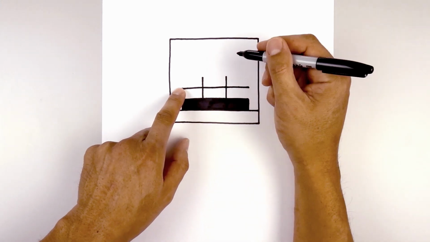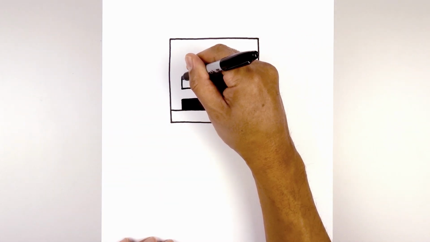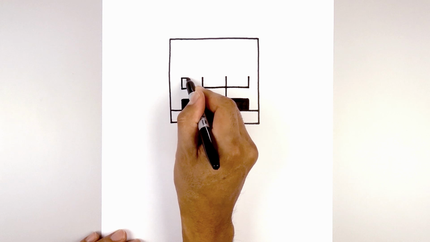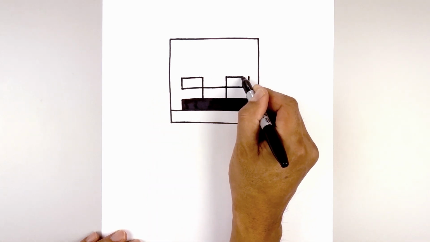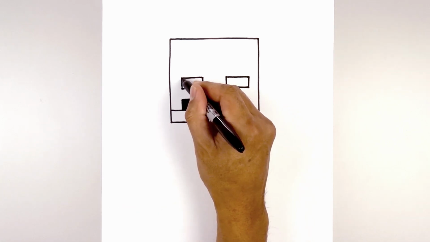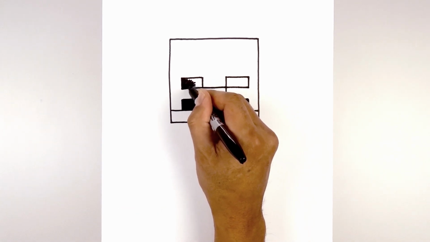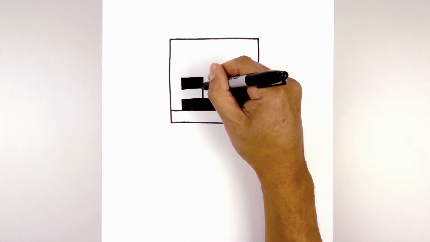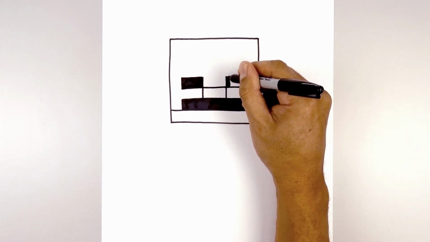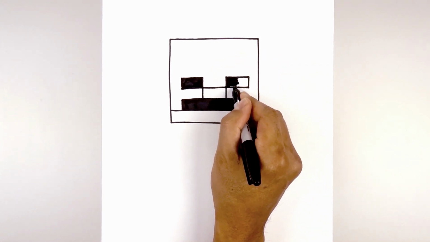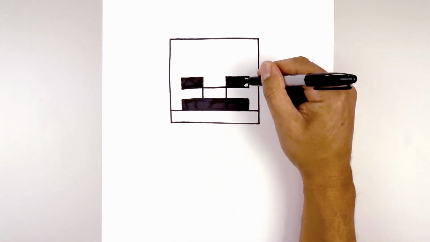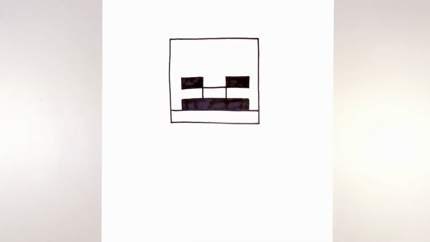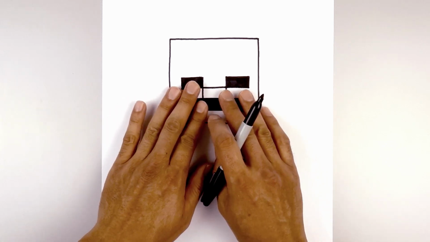Now we're going to move to the outside and draw two straight lines going up. We're going to line up with the inside of the eye. And then we're going to close off the top on the left and then the right. Now let's go in and fill the eyes in black. We'll come back and add more detail to the head later, but let's continue working down with the body.